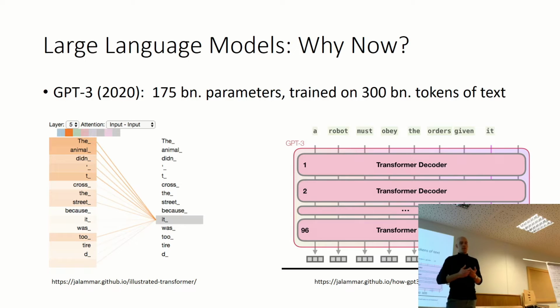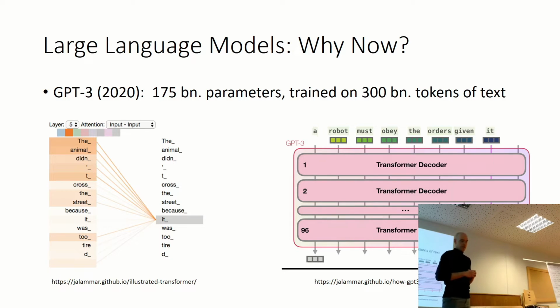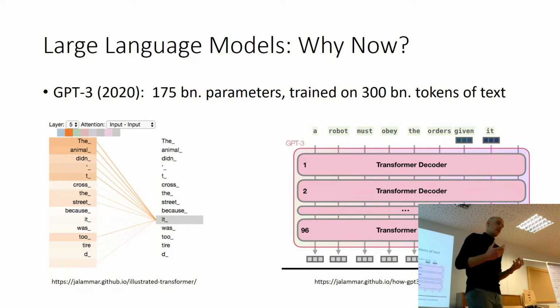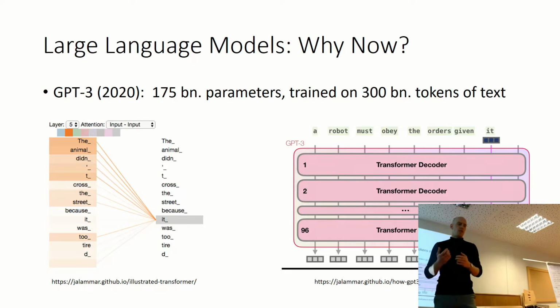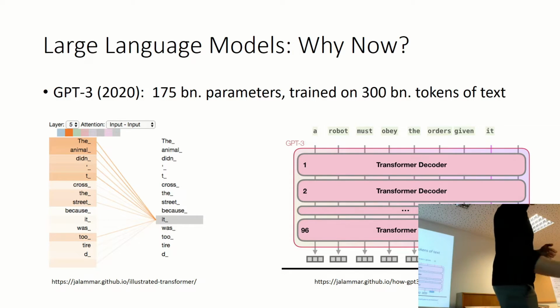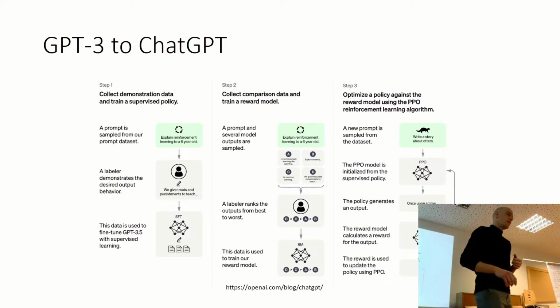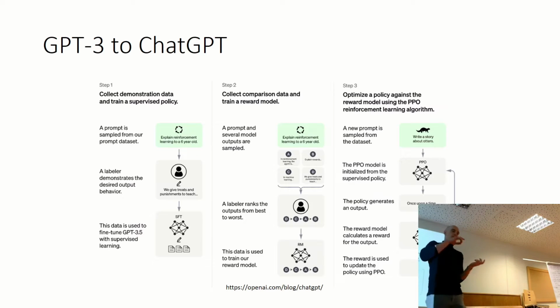Same principle, not really much modified, but way more parameters, so way more layers. GPT-3 uses 96 layers of its decoder transformer layers, and way more parameters, 175 billion parameters, and just way more training data. So just by scaling up model size and scaling up training data, we have achieved the kind of level of performance that ChatGPT achieves, except, and what is very interesting, is that when you go from GPT-3, which is sort